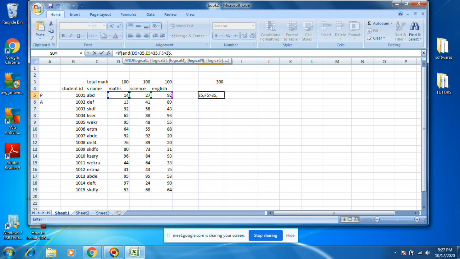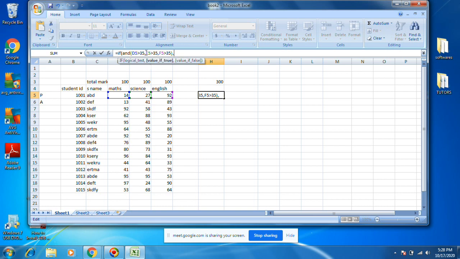If all subjects are passed, then close this AND bracket. Now the AND bracket is closed. Then comma. This is the IF logical test, and this is the true value.